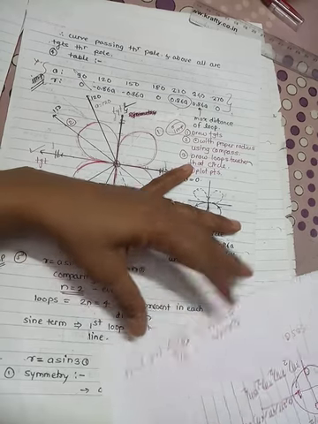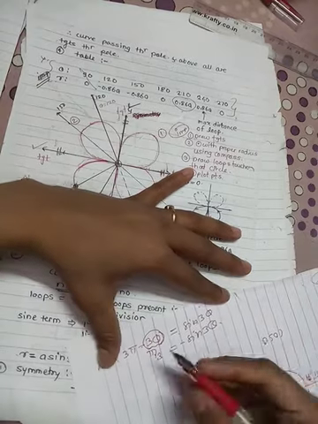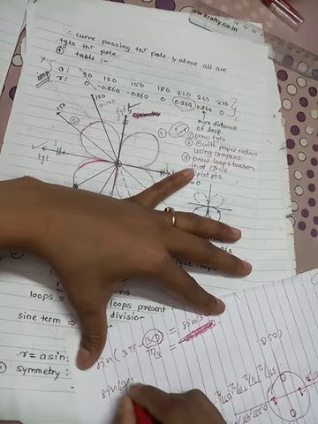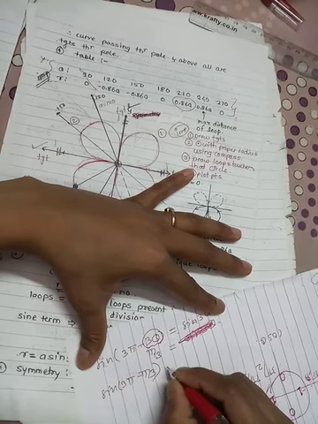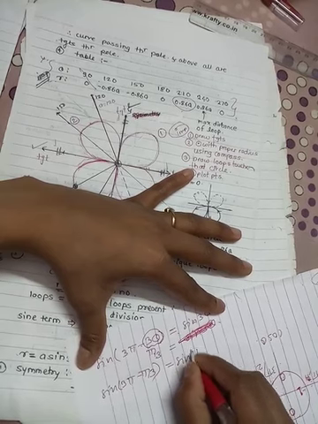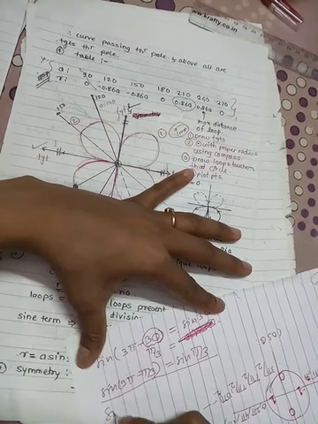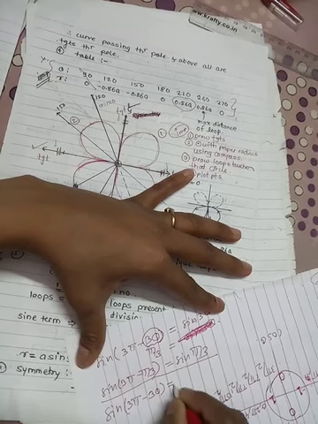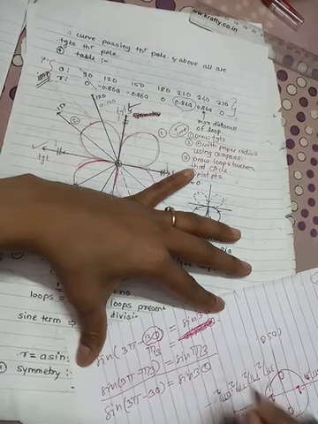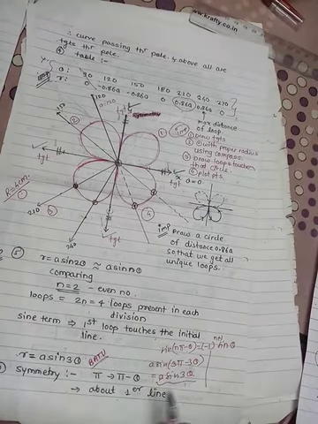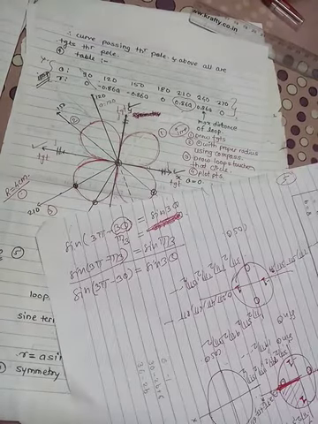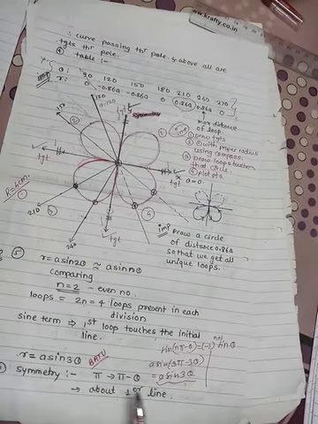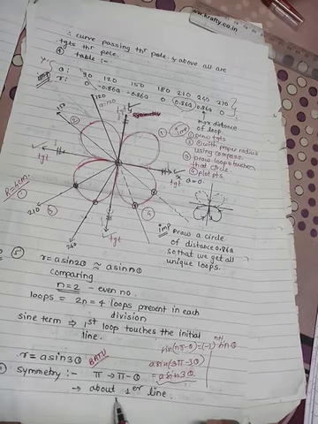By using calci we get this. You can use calci and do this calculation. Sine 3 pi minus pi by 3 we get as sine pi by 3. So from this particular example we can generalize the formula as sine of 3 pi minus 3 theta equal to sine 3 theta. This is by calci, or you can use this formula. So we get symmetry about the perpendicular line.